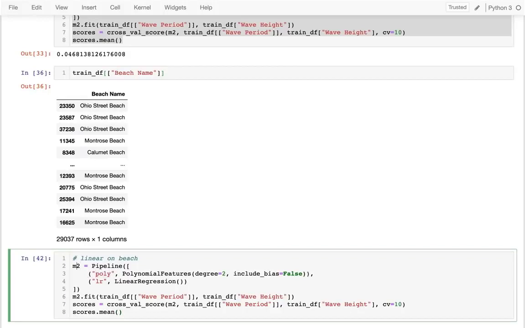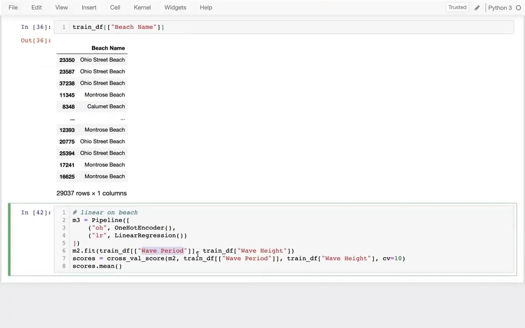We're on model 3 now, and this is one-hot, and here I can just blow all this away, and I can say one-hot encoder, just like that, and then I can do my linear regression down here. And then down here I think it was beach name, right? So beach name,